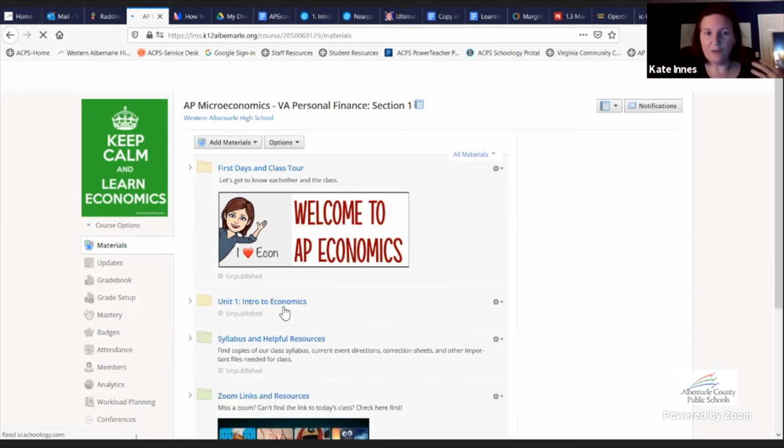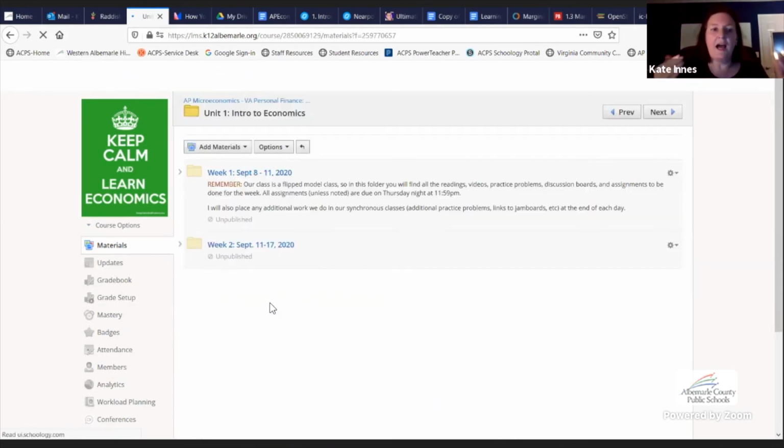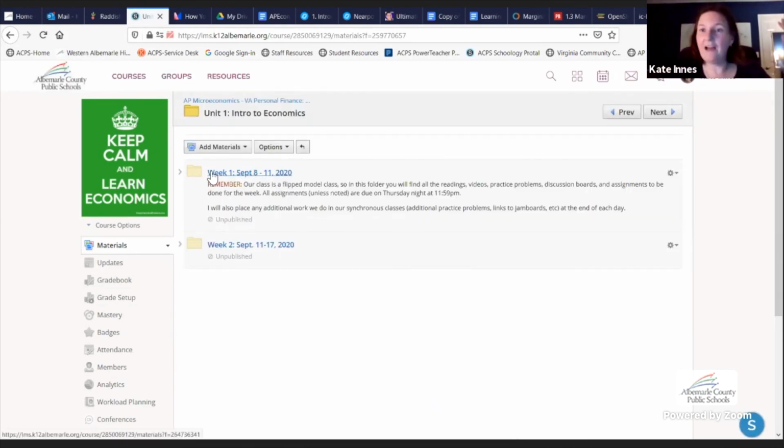So let me take you to a typical page of mine, which would be my intro. One thing, I have mine set up by weeks. Different teachers are allowed different things. We ask that they use the same yellow folder to keep it consistent, but then they have the freedom to choose how they want to set it up. So if we go to week 1,